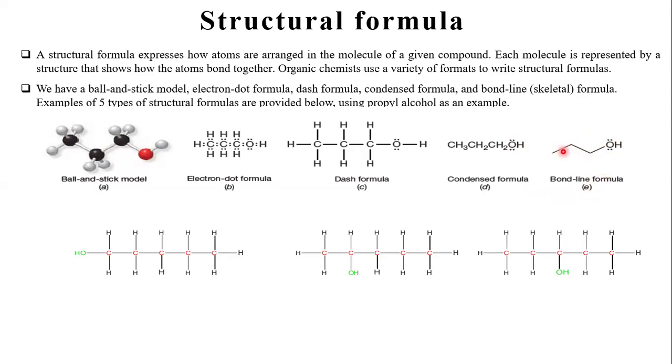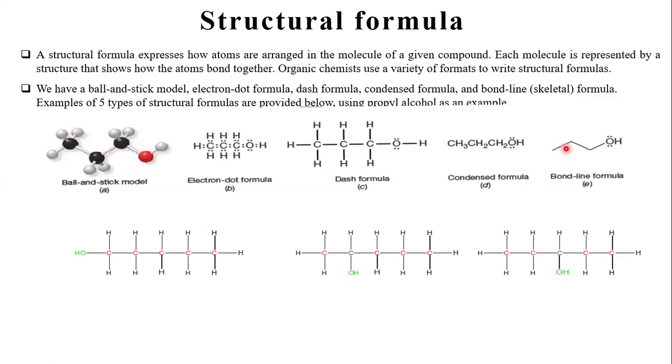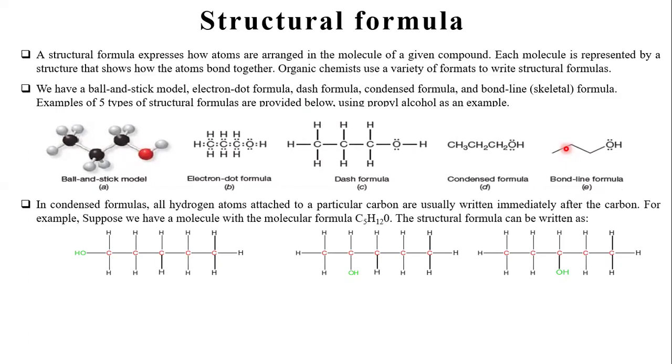Each line represents a bond, and each bend in a line represents a carbon atom. Carbon atoms are included in the rules for drawing bond line formulas, unless another group is explicitly indicated. In condensed formulas, all hydrogen atoms attached to a particular atom are usually written immediately after the carbon. For example, suppose we have a molecule with a molecular formula C5H12O. The structural formula can be written as